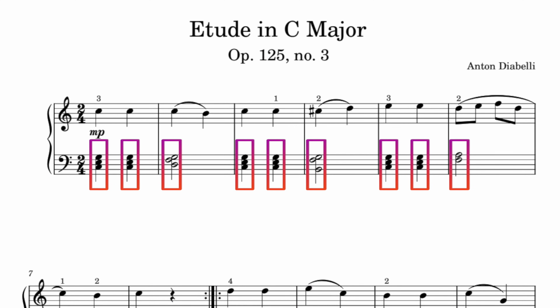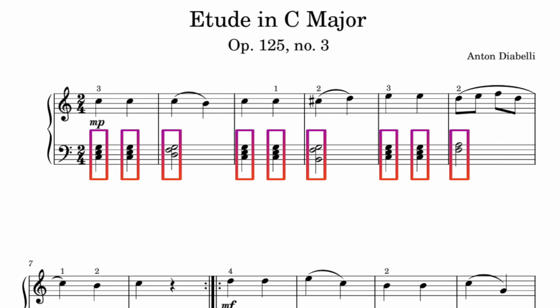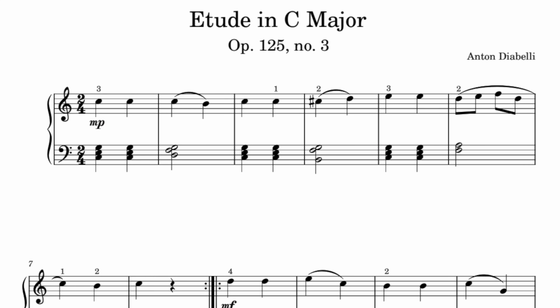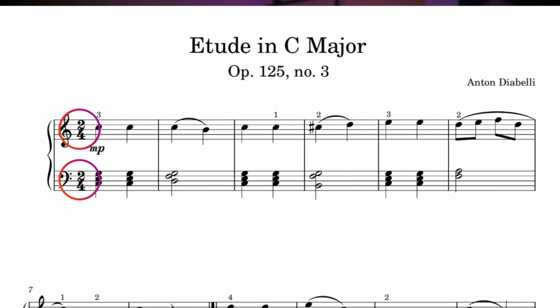However, this piece is a great piece to learn because a lot of the left hand is made up of chords. This gives you an opportunity to start practicing playing multiple notes together in the left hand. And the piece also actually has a time signature of 2/4, which means there are 2 beats in each